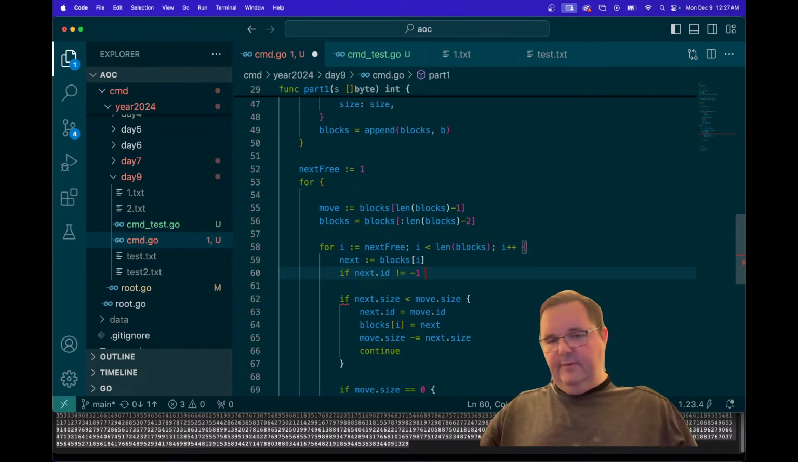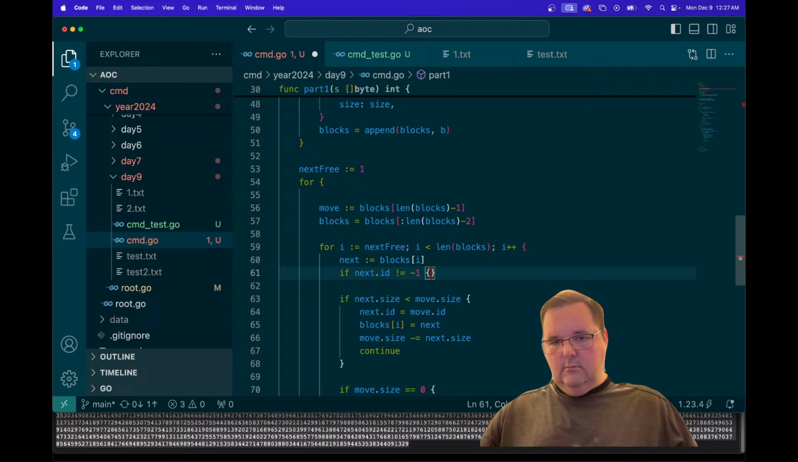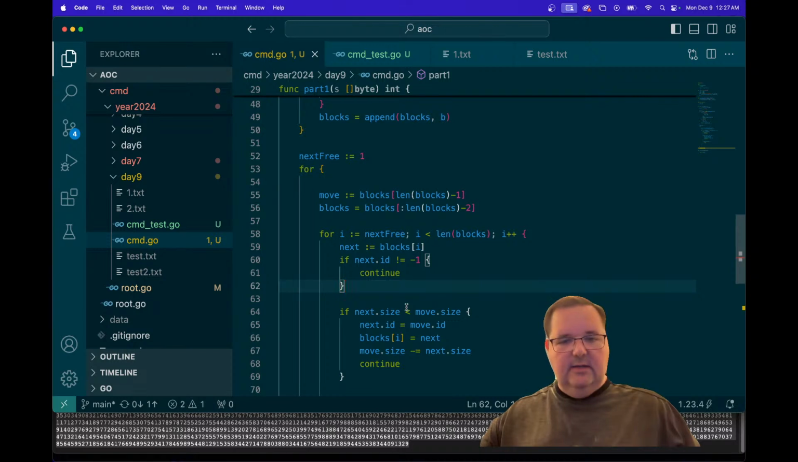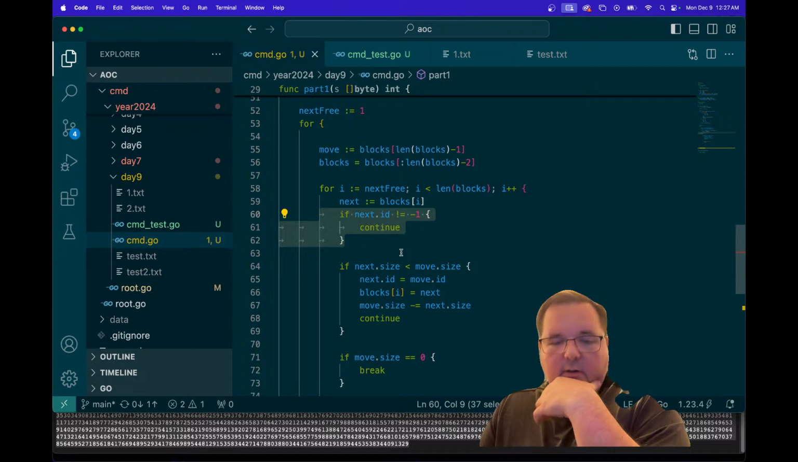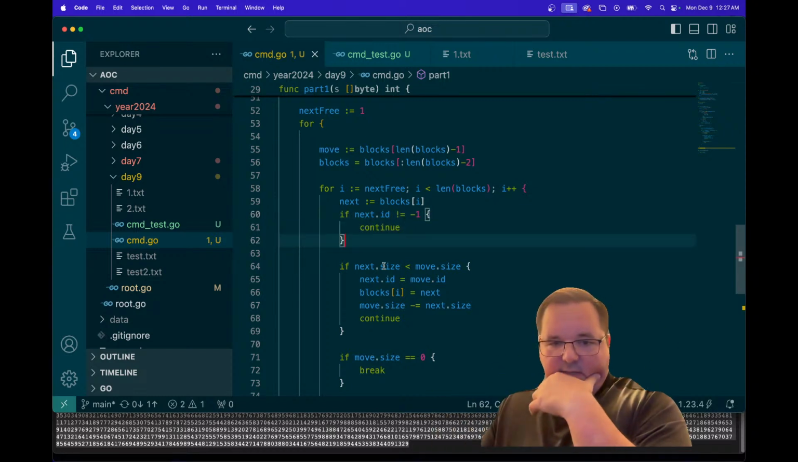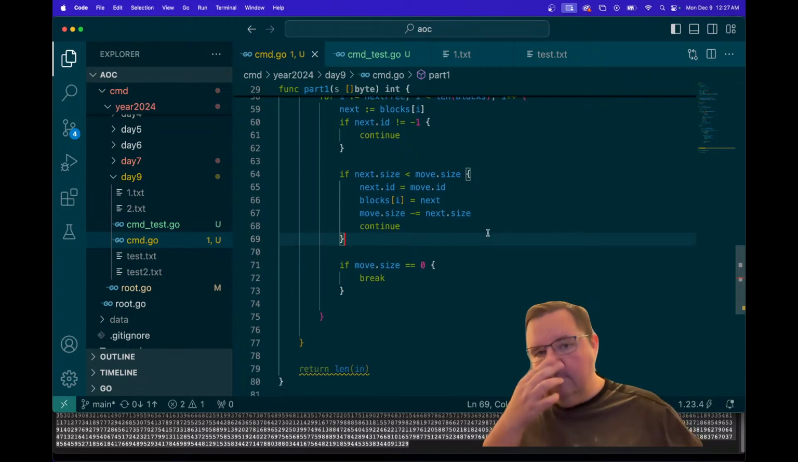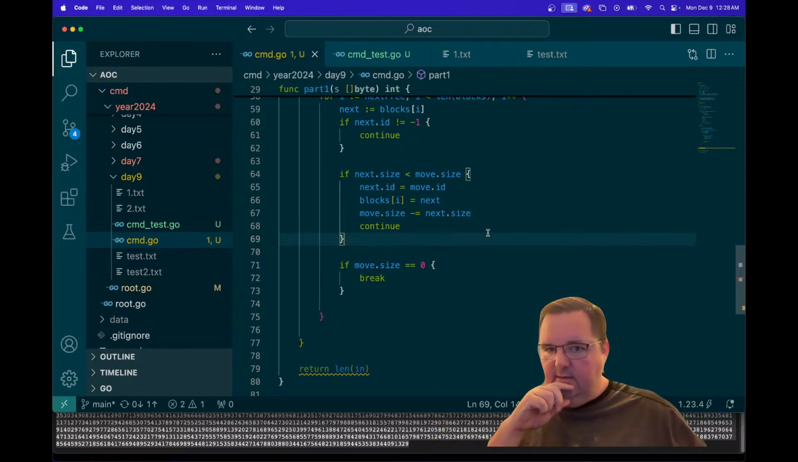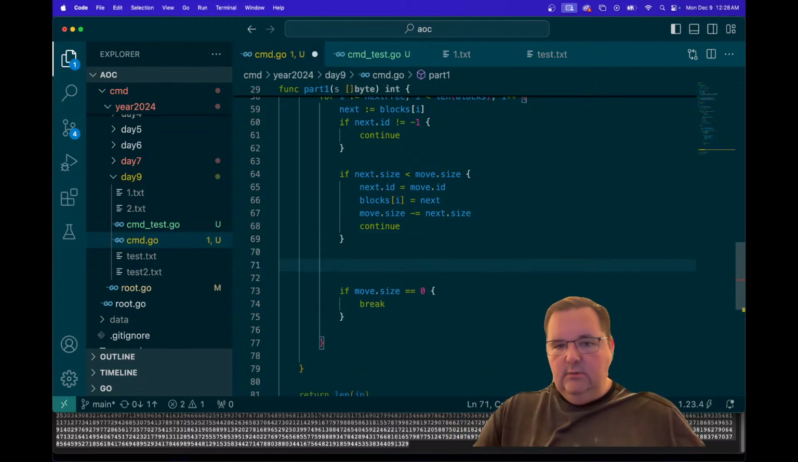Because we only want the things, if they have an ID assigned, then that means it's not free. That means there's something occupying that space. Okay, and then the last condition is if next.size is less, we're going to do, and then we're going to iterate to the next one. The other condition is if it's more, right? So if it's more,